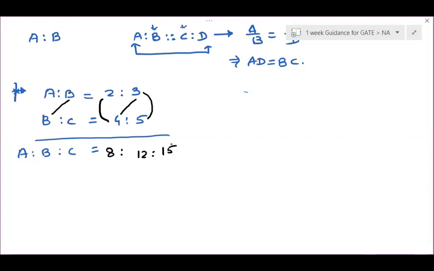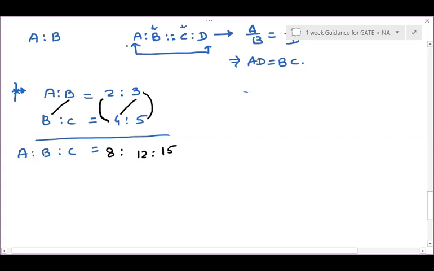I already told you that for GATE you need to be fast, you need to be strong. So you require shortcuts, right? And those shortcuts should be accurate and precise. Is it clear or not? Please give me some response. A is to B is to C, clear? Okay. Just remember these three symbols. That's it. B should be together for B. That's it. Okay. Now, one more thing is there.